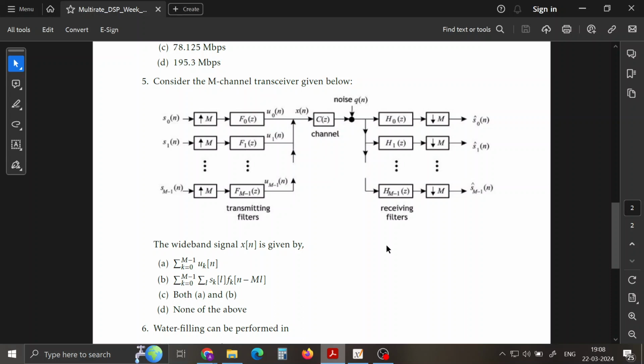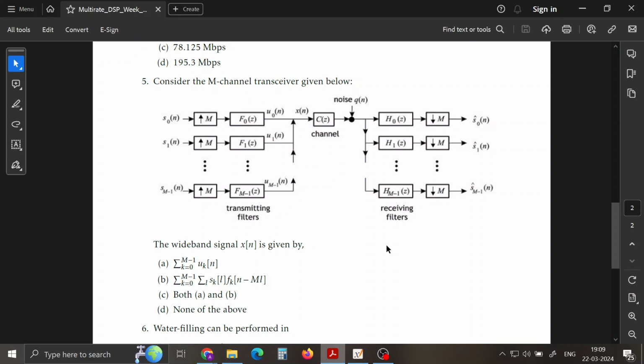On the transmitting end you did upsampling by a factor of N, so in the receiving end you do downsampling by a factor of M, and finally you get an estimate of the transmitted sequences, which is s0 hat of n, s1 hat of n, and so on till s(M minus 1) hat of n. Okay, the original transmitted symbols were s0 of n, s1 of n, and so on. Okay, in the ideal case, for perfect reconstruction, we want si hat of n to be equal to si of n. Okay, right. So this is the structure for the M-channel transceiver,